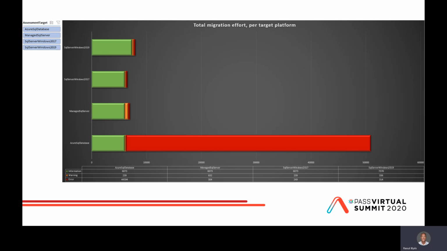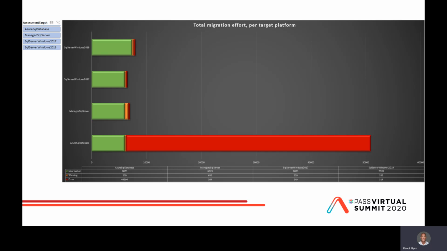So within this screenshot, basically you see the evaluation of running whatever on-premise workloads that this depicts, and we can see the complexity of upgrading that to a different platform. So the first top bar here is that if we were to migrate this workload to SQL Server